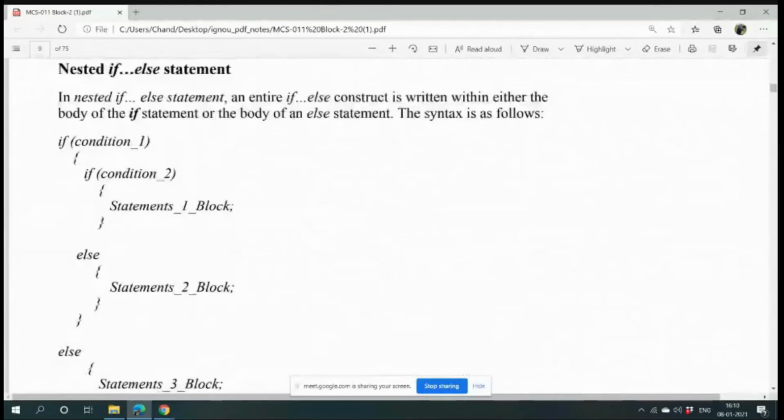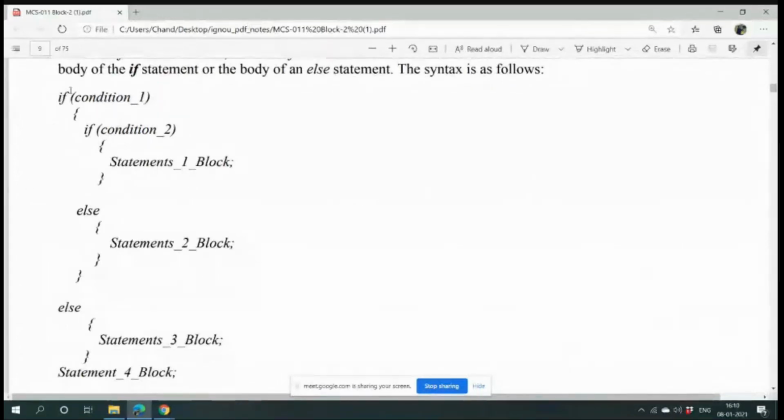See this one, nested if. Now we can't do much, just see how it works. See, this if opens, and inside this if another if opens. Suppose this condition is true, then the compiler will enter here, and including condition 1 being true, if condition 2 is also true then this statement will be executed.